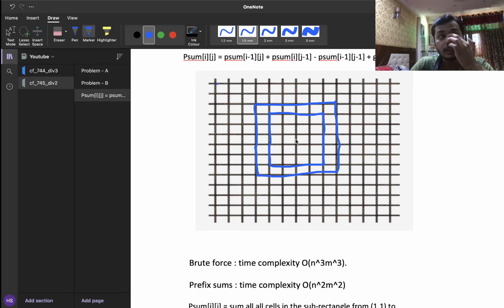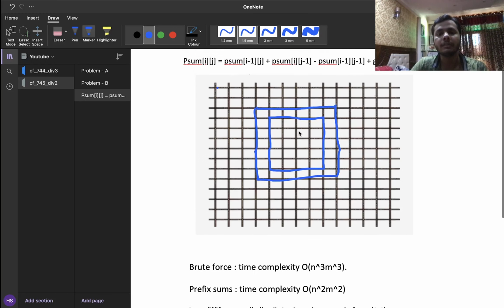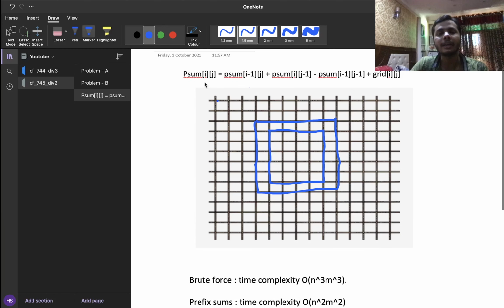Why? Because in the middle region I want only zeros. So the number of ones here will be equal to the number of operations I am doing, right? Okay. Now the number of ones here can be calculated using prefix sums. In a similar fashion, how I am calculating prefix sum of ij, I can use the prefix sums of ij and the prefix sums of